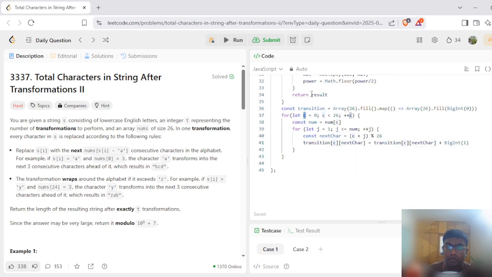The transition array, so we might need to multiply it the key times. So we do that with mat.js matrix, and once we do that, we calculate or we multiply, we check the count of the initial string which we have, and we do that by